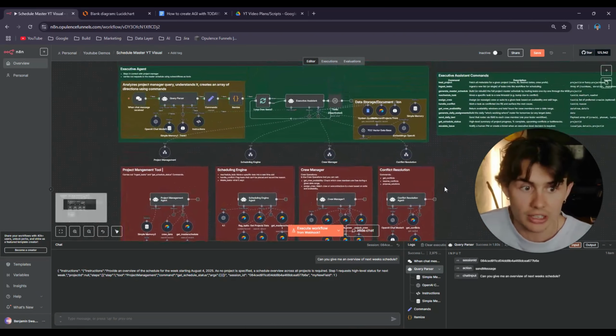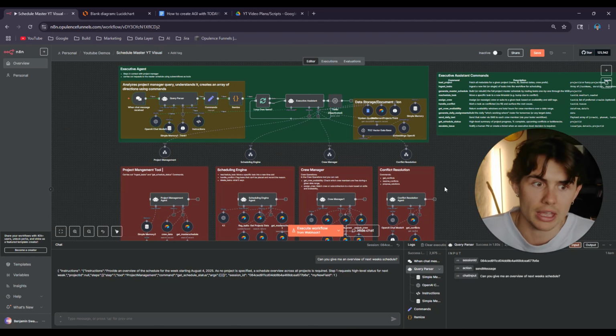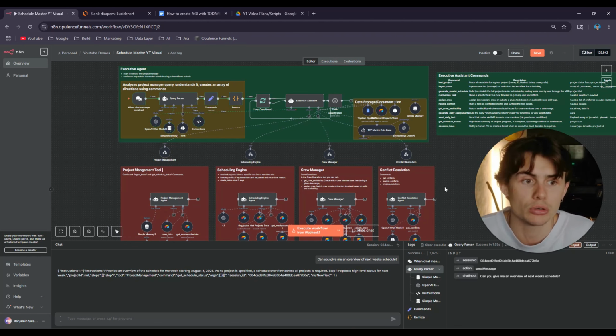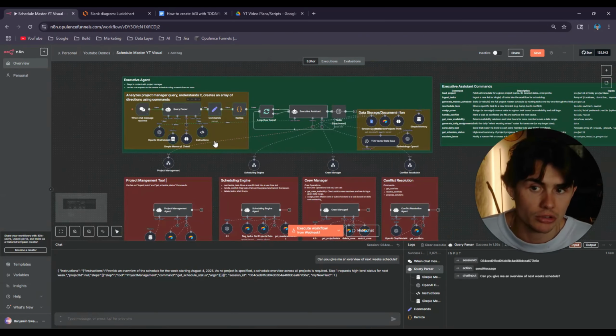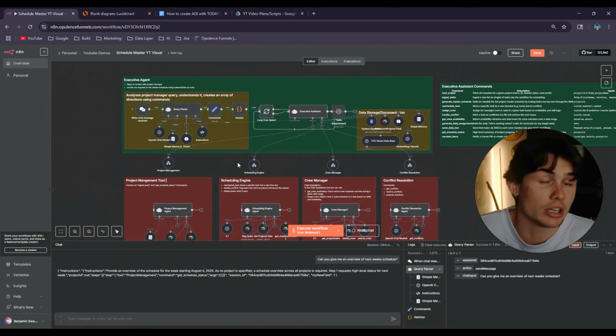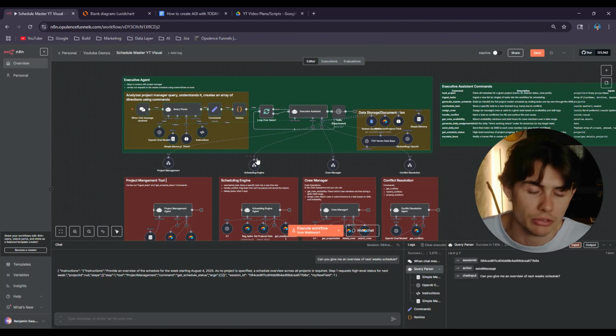And this is essentially exactly how you want to build some type of multi-agent system that can feel like AGI. Right now, we have this interfacing with a normal chat. We had it hooked up to a text message interface. But what we're working on right now is getting it hooked up to a voice interface. So instead of this query parser talking through chat, it's going to talk through voice to voice. And I'm very excited to show you guys that soon. So be on the lookout for that video.